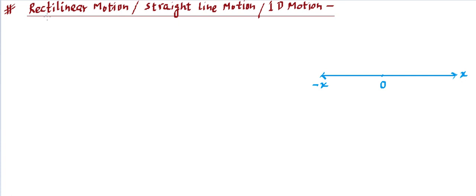So here is a rectilinear motion. We also call it a rectilinear motion or a straight line motion or one-dimensional motion. All mean the same thing. That means the particle is moving in one direction. Since that is one direction, the particle can be moving maybe like this. Let's say this is your particle, it might be moving like this, or like this. Whatever way it is moving, one thing is sure: it is moving in a straight line, isn't it?